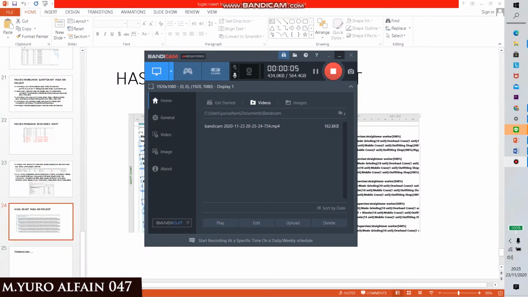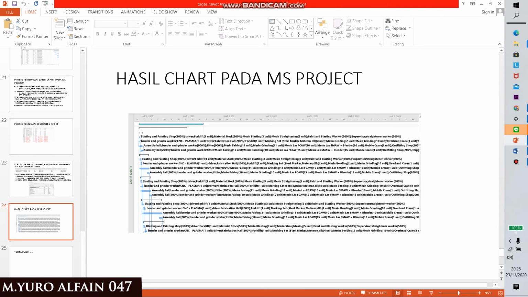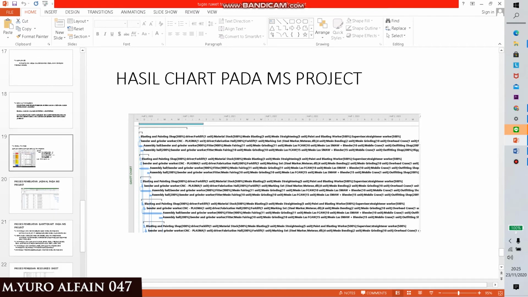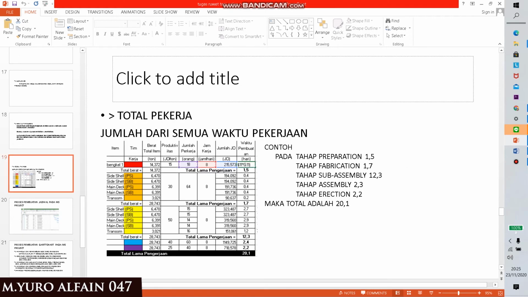My name is Muhammad Yur Alfain Sektio, number 047. And I want to explain about this slide. It is the worker total. What is the worker total? It is all the activities of the worker that have finished one whole section. Like in this table, we can see that this is the table for the after peak section